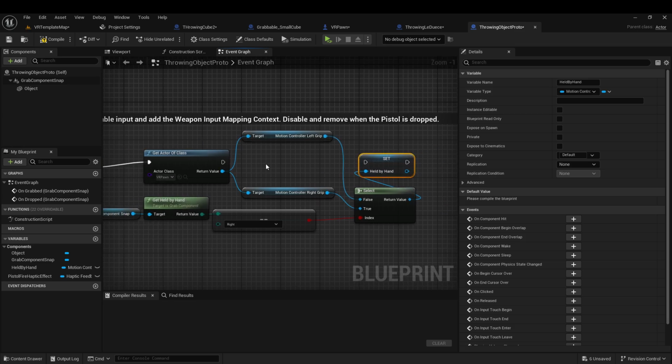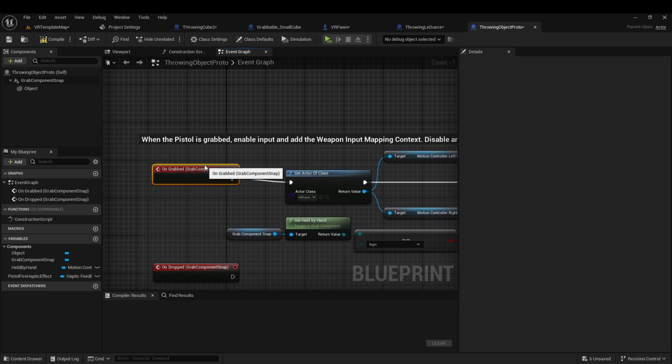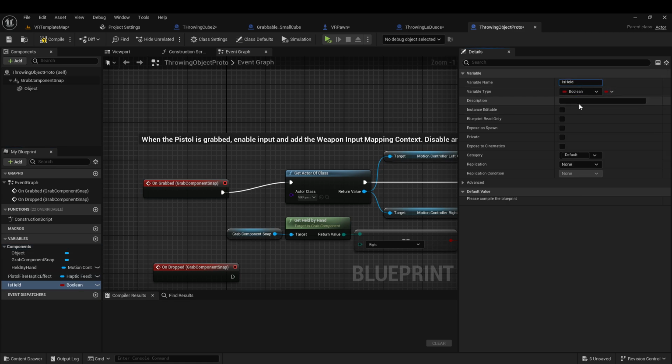Move that back up there. Bang. And now we can start doing everything we did in the first video. First, we're going to make a boolean called isHeld. I think there's a built-in isHeld, but I've been too lazy to find it, so we're just going to make our own. Then we're going to grab that,